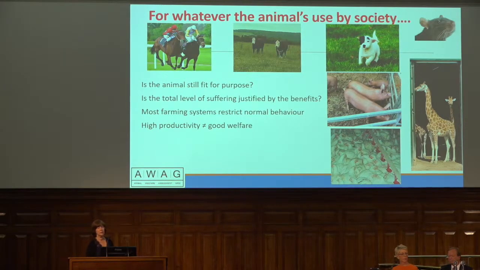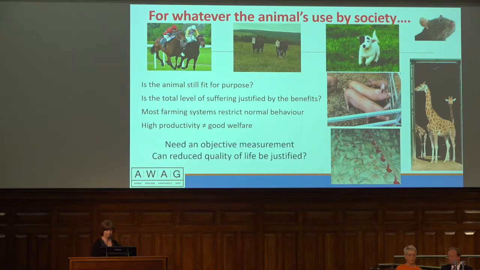So whatever the animal's use by society, we have to think, is it still fit for purpose? Is that total level of suffering justified by the benefits that are coming from that animal's use? Remembering, of course, that most farming systems do restrict normal behaviour. And of course, as in the example here with these chickens, high productivity doesn't necessarily equal good welfare, so you have to think what you're measuring. And we need an objective measurement so that we can justify if reduced quality of life is okay and is